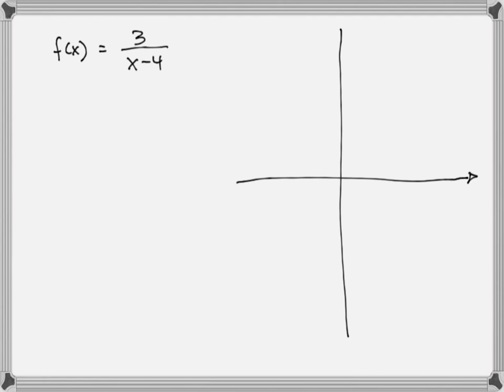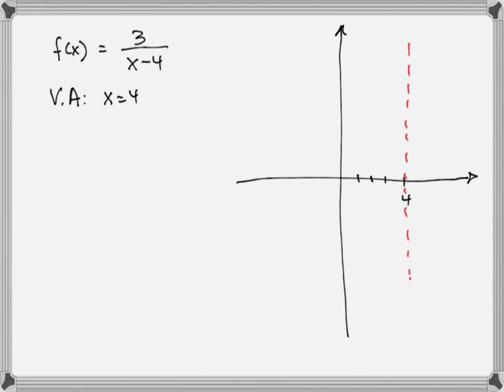The first thing I would do is find the VA and draw a dashed line. The VA in this case is what? X equals 4. 1, 2, 3, 4. So we know what happens at 4. I draw a dashed line,